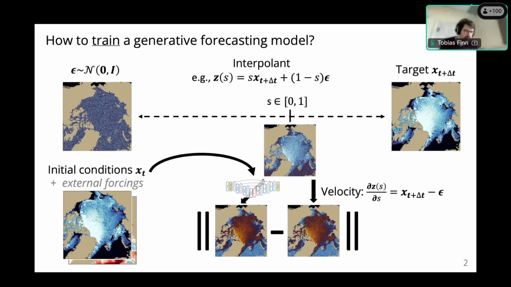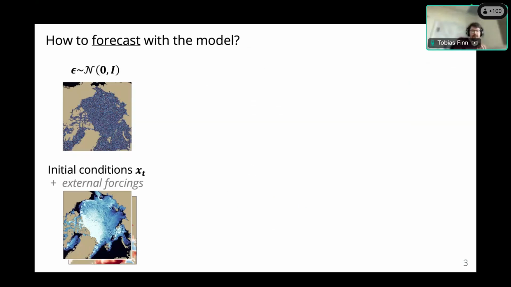However, we now want to generate new data with this model. We want to forecast with this model. What we actually do is we have our initial conditions when we want to do our forecast. We know them, and then we take noise.